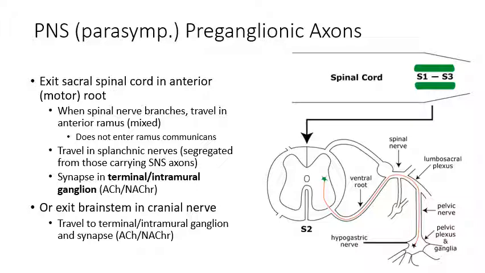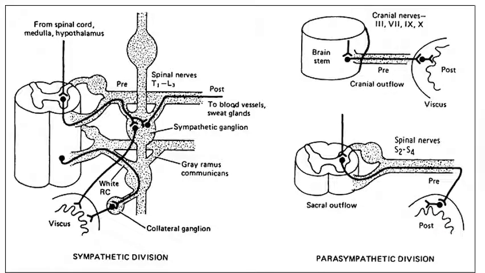So that diagram is showing a parasympathetic preganglionic axon where the cell body for that neuron is located in the spinal cord, but of course it could also be located in the brainstem, in which case the axon for the preganglionic neuron is going to exit in a cranial nerve. It'll probably be exiting in the vagus nerve, and it'll travel in the vagus nerve or whichever other cranial nerve it is in until it gets again to either a terminal ganglion or an intramural ganglion, where it will synapse onto the postganglionic neuron. So this diagram is basically comparing the anatomy for the sympathetic nervous system to the parasympathetic